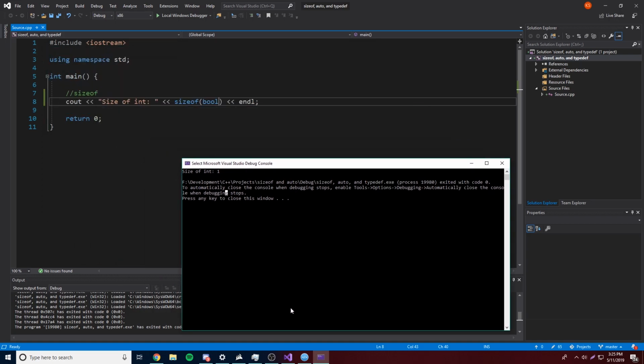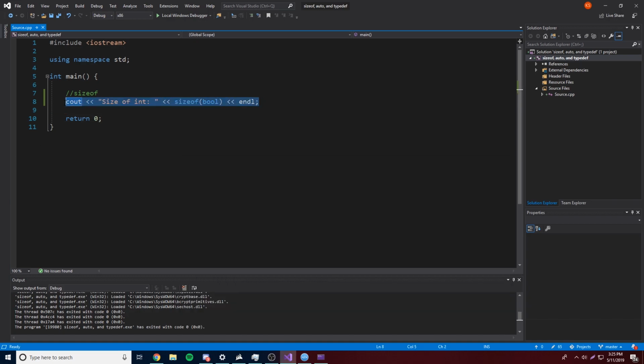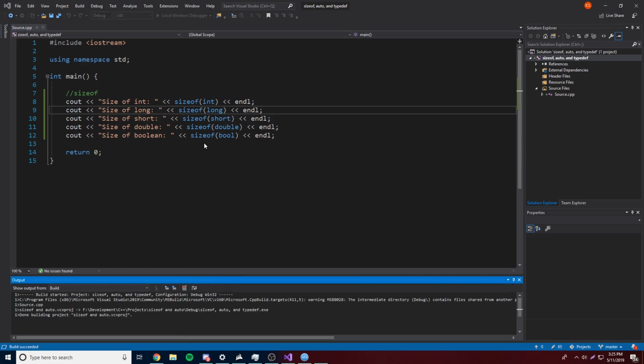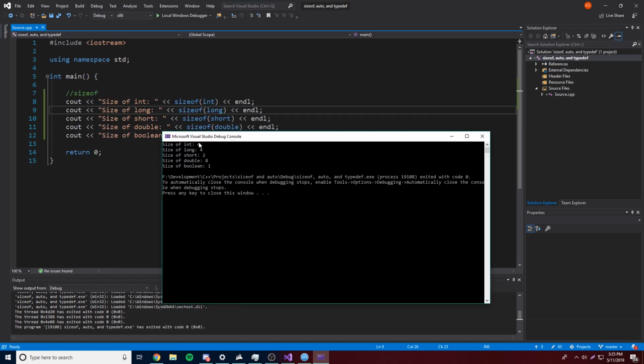So integer 1. And let me just copy something real quick so you can see a general idea of the different sizes. So I'll just paste this right here. Boom. Now let's run this. Oops, forgot to close the old one. There we go. So now we get size of int 4. Size of long is 4 because, we talked about how depending on the system it's going to be the same or whatever, but don't worry about that. But anyway, short is going to be 2, double is 8,